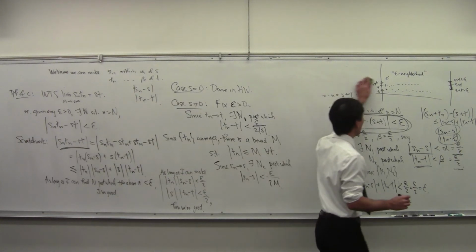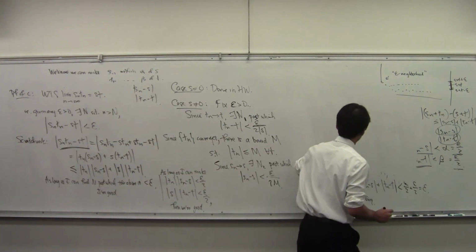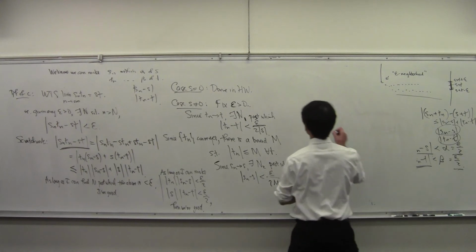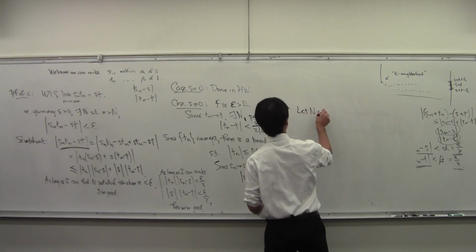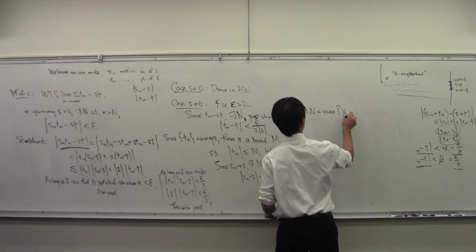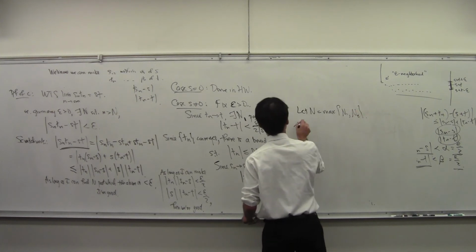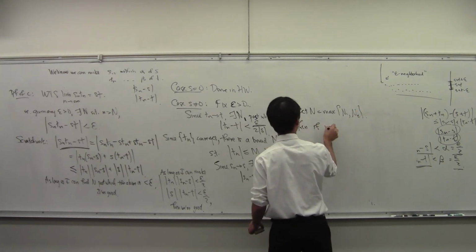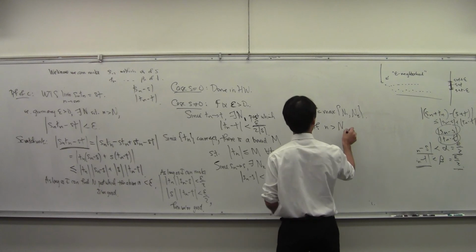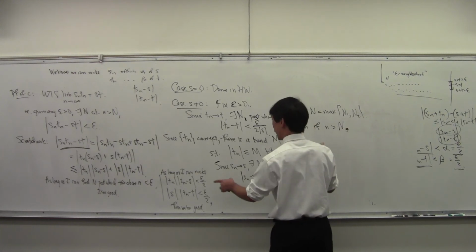Again, we take the max. Let n be the max of n1 and n2. Then, if we are past that n, we see that